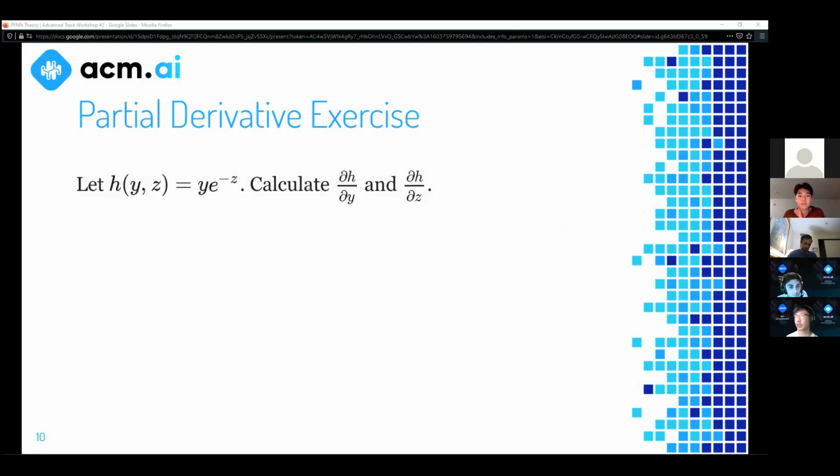So here are a couple exercises for partial derivatives. We have a function. You can think of it like a hypothesis function h that takes in two variables, y and z, and computes y times e to the power of negative z. We want to calculate two expressions here: the partial derivative of h with respect to y and the partial derivative of h with respect to z. For those of you who haven't taken multivariable calculus yet, what we mean by taking the derivative of h with respect to y is that we're treating all other variables except y